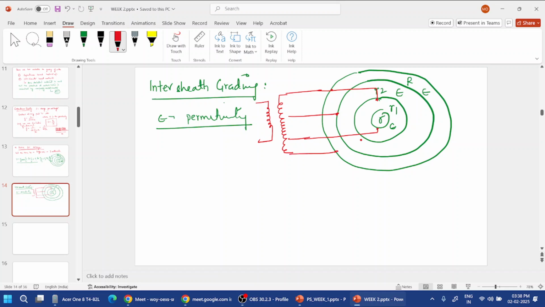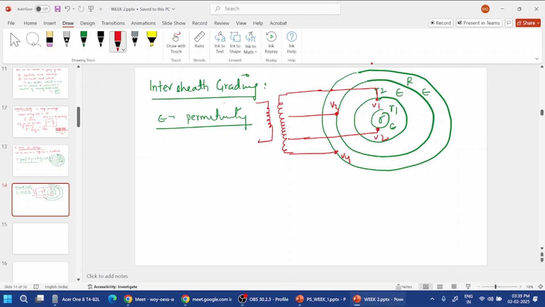So basically we can maintain the voltages. Let's say this is V1, this is V2, this is V3, this is V4, because depending upon the number of transformer windings, it will give the voltage, and we can fix the voltages just like I have said